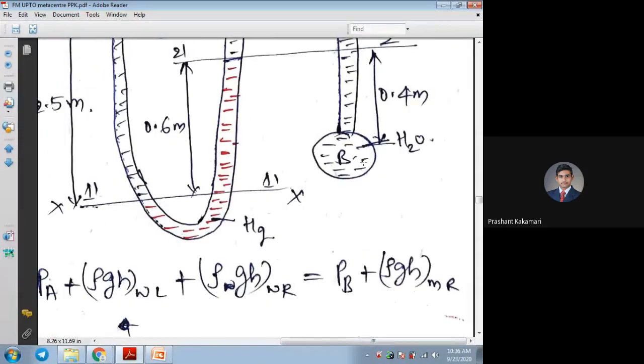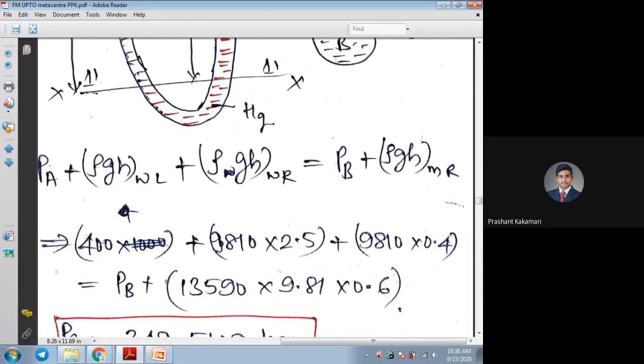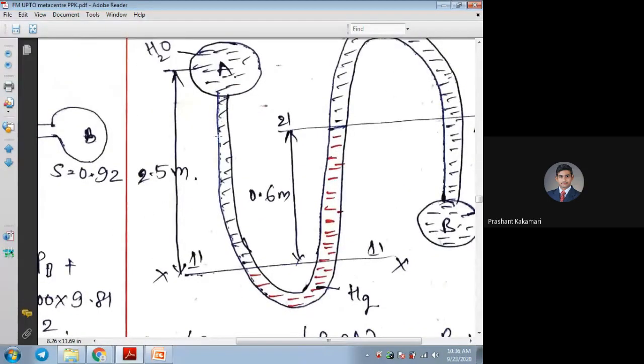plus this water level on the right side, rho g h, equal to PB plus mercury head. So the mercury head, again, if you observe, as we have taken positive signs for the lowering liquid heads with respect to pipe A, this is a rising liquid head. So on the left side only, I can write PA plus this liquid head lowering, then minus this mercury head which is rising. But on the PB side, if